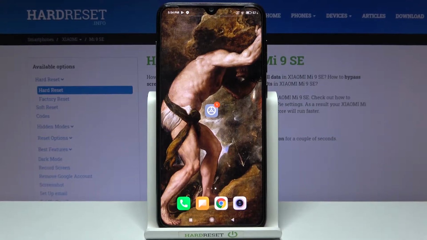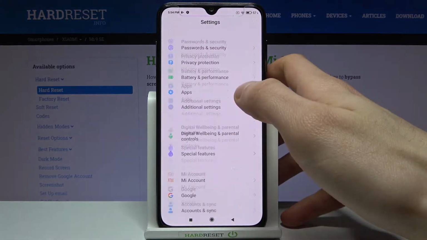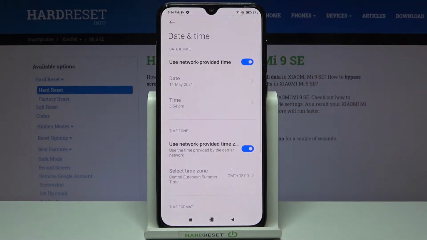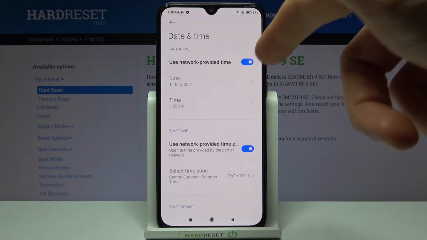Here I have XIAOMI Mi 9 SE, and today I'm going to show you how to change date and time settings on this device. So firstly you have to open settings, then go to the additional settings, then date and time. If you want to set up your date and time manually, you firstly have to disable this feature, use